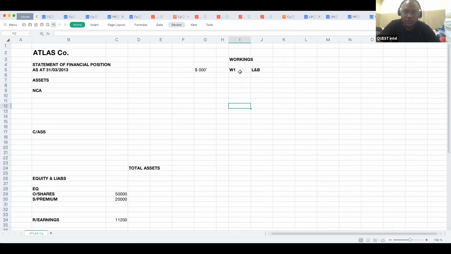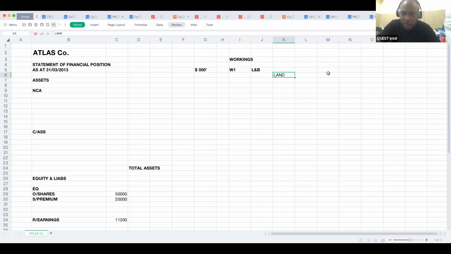So let's leave the space between our workings and our financial statements. I can also make this one bold. And all this design, please don't try it in the exam. You'd just be annoying the person that is marking it. So we can separate them now into land. I think I will need to expand this a little bit later. So we can have land